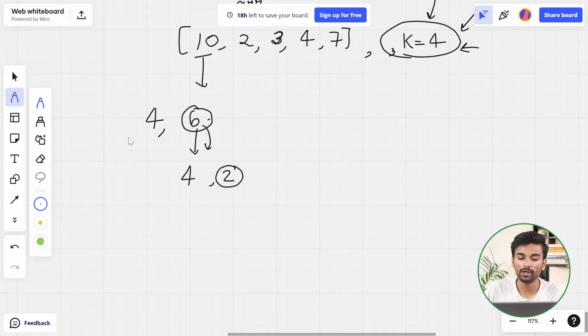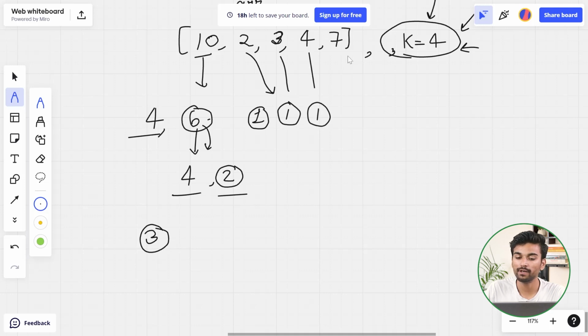So what is the total count? We can see that the total count is 3. Now for the number 2, we can see that it is already less than k, so the count will be 1 here. 3 is already less, count will be 1. 4 is already less or equal, count will be 1. And for 7,